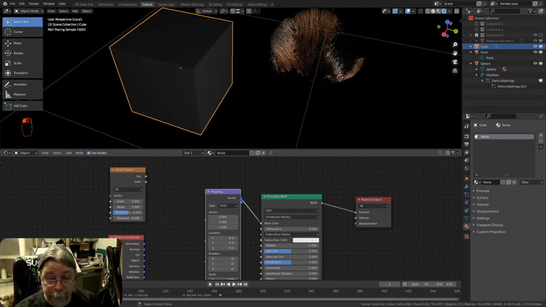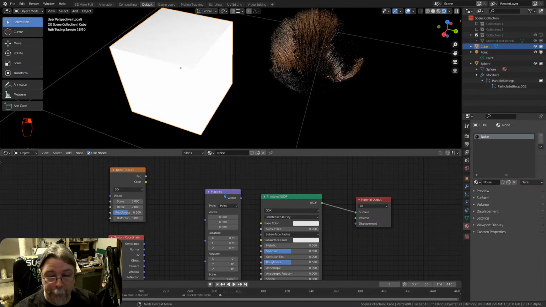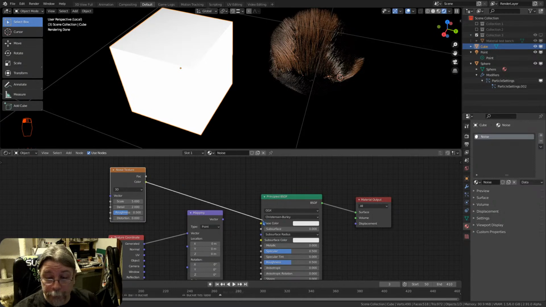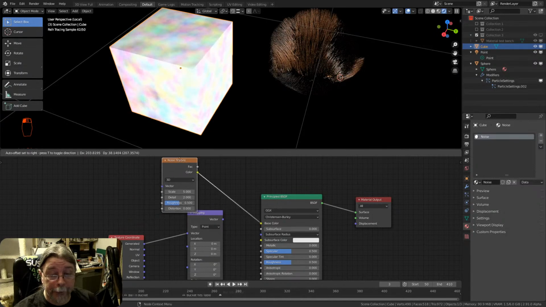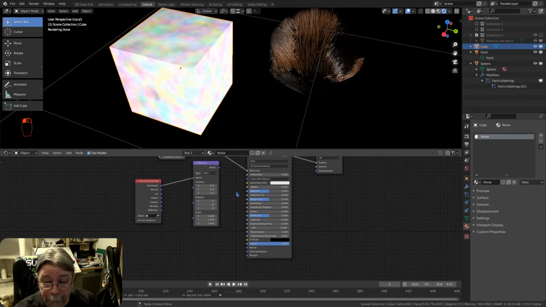This of course is not correct. Just Control right click disconnect. Can have generated coordinates, which is the easiest thing. Put that here. The color goes into the base color. And then the UV map on here. Let me put the vector